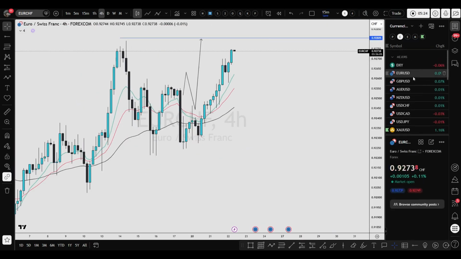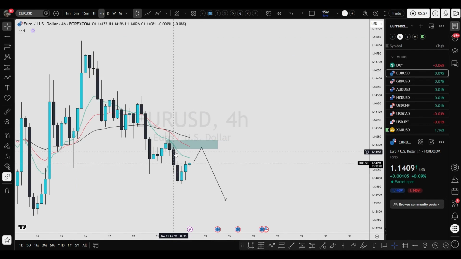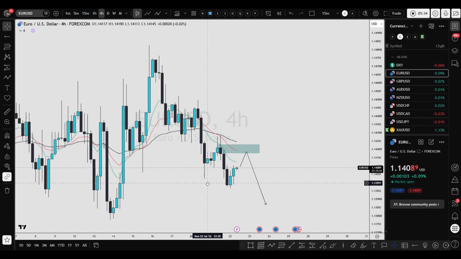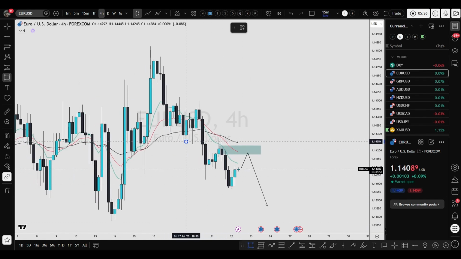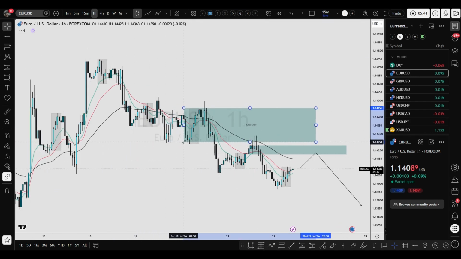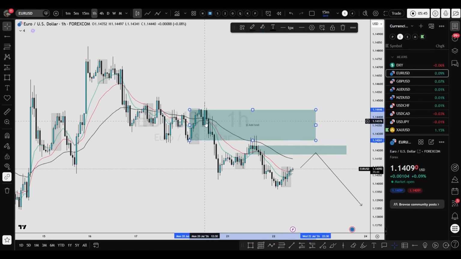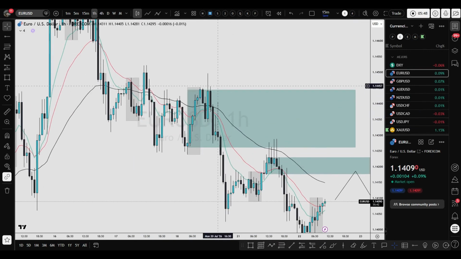By the way, yesterday I missed a Euro short from around this level. Price was at 10:30 at around this level, and it was a zone. If I refine it into a lower time frame in 1 hour, if I take this series of last bullish candles, I can also consider this move, but if we notice that it is not making a high in terms of closing, I'm just going to go with this one.